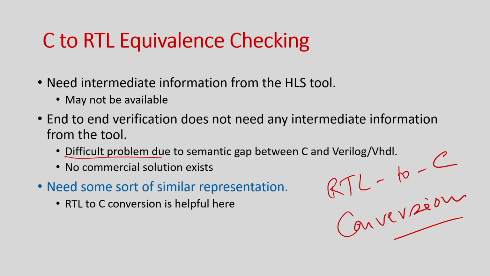So, we have already modeled our input C behavior as FSMD only, right. And now I am talking about how I can convert that controller FSM into an FSMD. So, now these two are kind of comparable, right. That is something this RTL to C conversion gives an opportunity for: an end-to-end equivalence checking, which is something that does not exist so far.